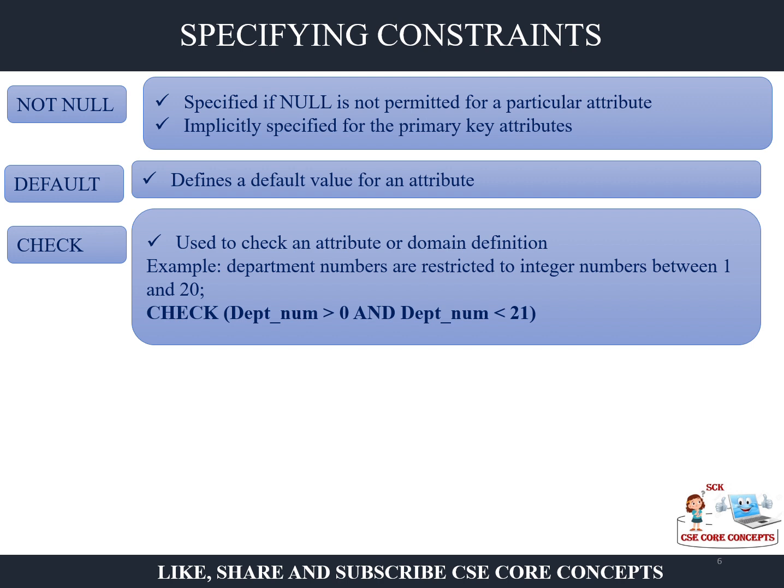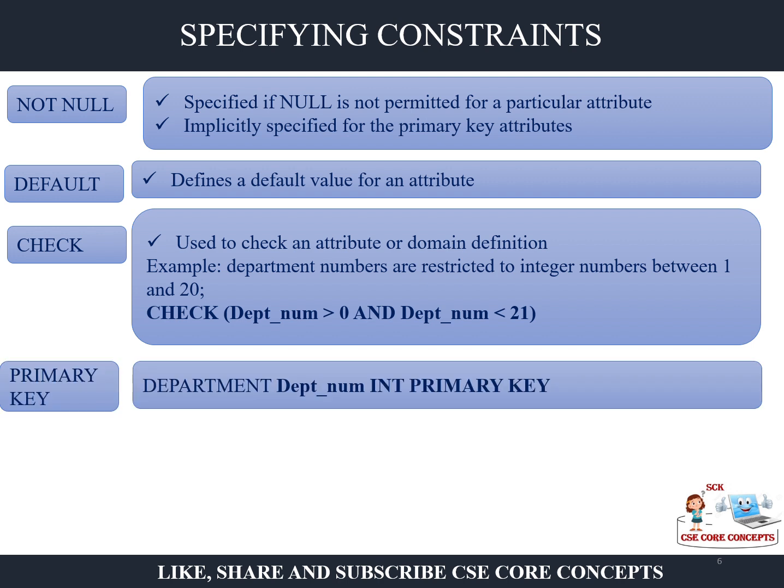Then check. If you want to have a certain condition, for example on age, and you want to keep a restriction that nobody should enter an age less than 18 years, because you have to be a major, not a minor, to enroll for a scheme, then you can always put a restriction on that column: check that age is greater than 18. Otherwise, it will not allow you to enter. Or suppose somebody is entering a negative value in weight or age, you can always keep a check that the value is not negative.